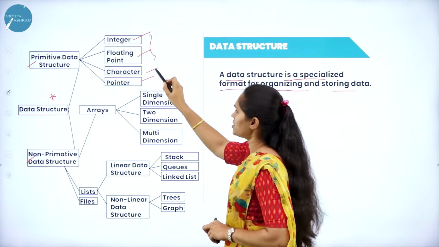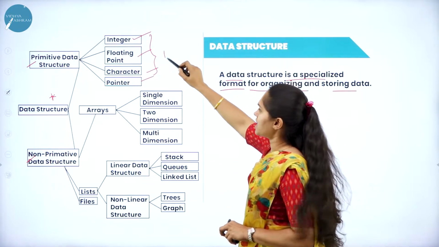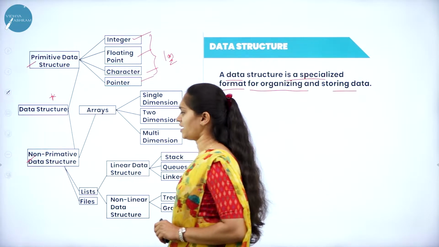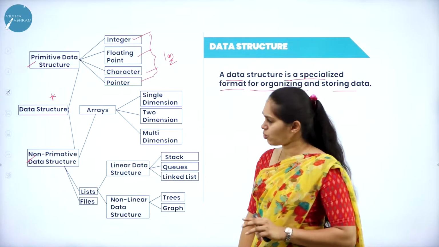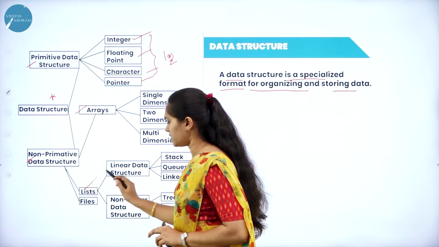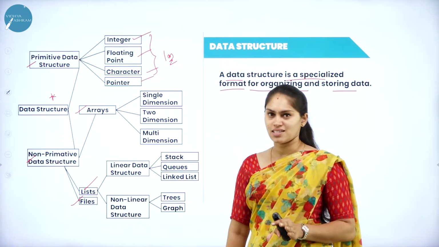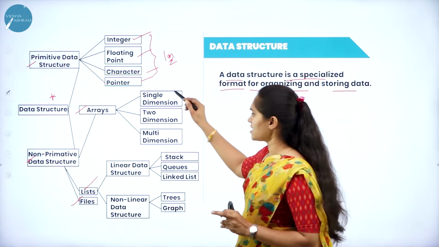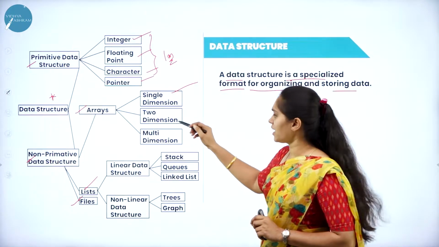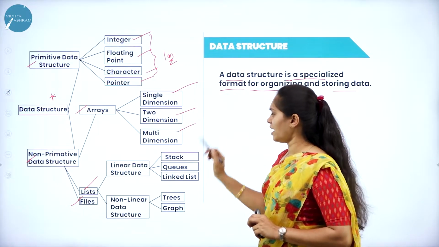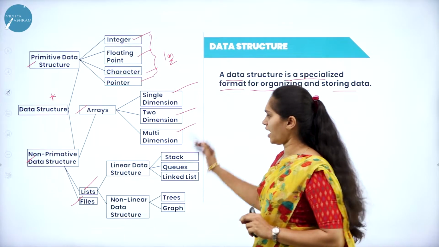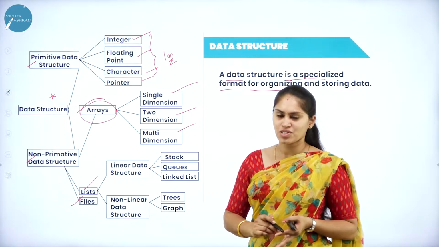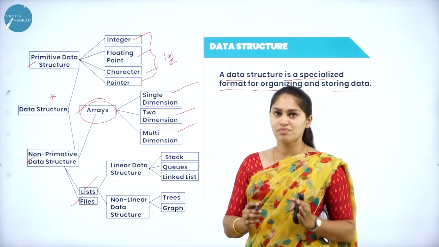So what are the examples of primitive data structure? It can be asked as a 1 mark question also. When it comes to the non-primitive data structure, it is of 3 types. One is arrays, another one is list and another one is files. When it comes to the first type, that is arrays, we have 3 types: single dimensional array or 1D array, 2-dimensional array or 2D array, and multi-dimensional array. This is regarding arrays. So learn the definition of arrays, learn the operations of arrays and